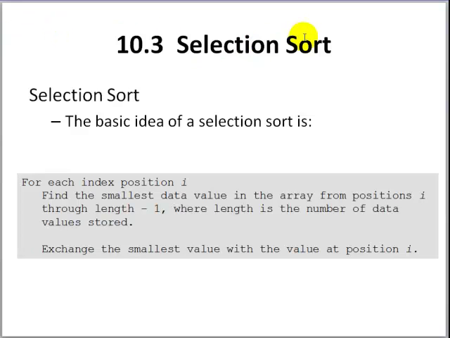Now let's talk about selection sort, and we'll talk about the general idea of it first. Selection sort is a different algorithm than bubble sort, and the general idea is we keep track of the index of the smallest data value, and we don't swap every time something's out of order. We say, let's start off with one index, and then we will go through the array